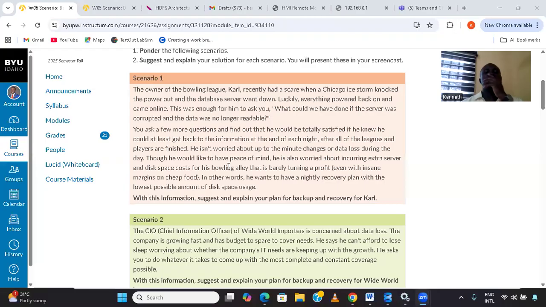Okay, so looking at the scenario, I think the complaint we should talk about is the one caused by the ice storm. So the best approach should be